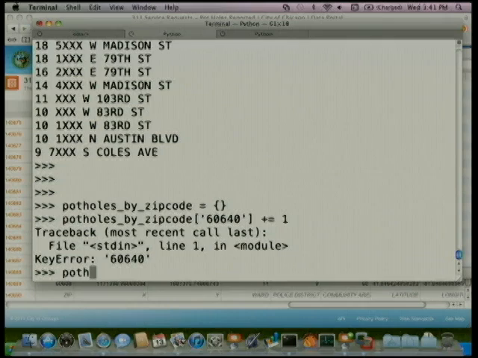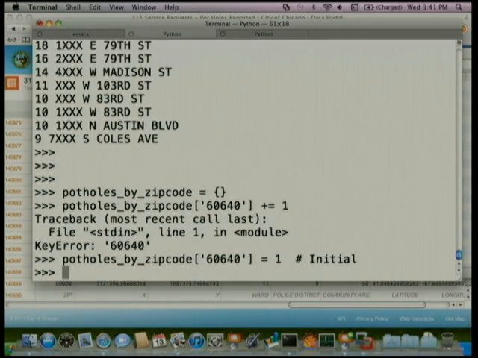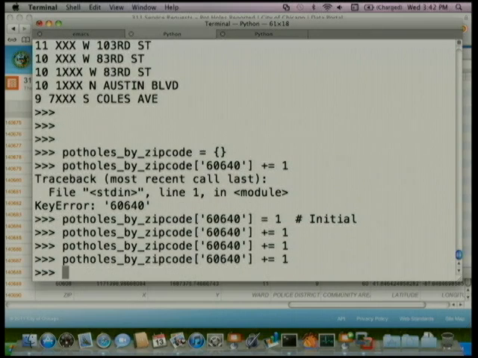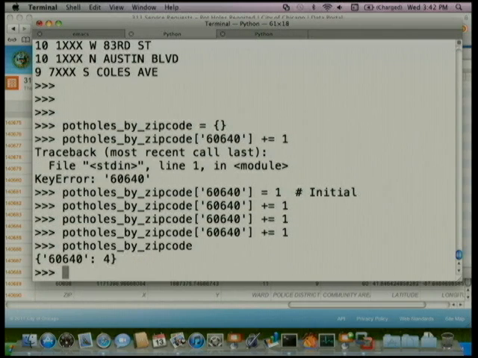You can't use this plus equals on something that doesn't exist. So we have a little bit of a hack where the initial value has to be set up first. Essentially you set it to 1. This is the initial, and then once you've got that, you can start doing the plus equals business on it. Okay, so that's part of what's going on. You're making a dictionary where you're incrementing values, and you build this whole thing up with some key and then some values. That's actually what's happening